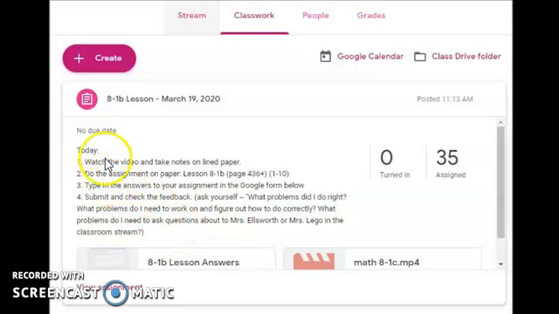After you watch the video, you should be taking notes during that time, and you're just going to have to do it on regular lined paper because we won't have our regular copies at home. Then you can shut off your computer for a little bit after you see what the assignment is going to be listed on your classwork tab. Now you can do these 10 problems.